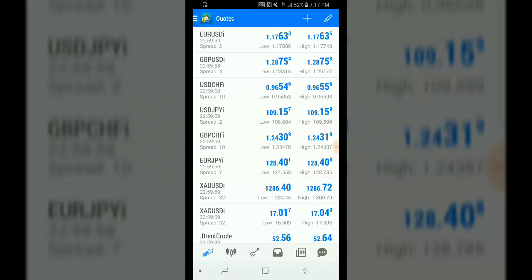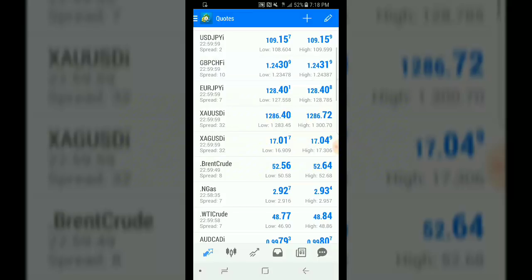We don't really want to trade anything that has a spread, which is the difference between the bid and the ask, of more than 10. That means that we would have to overcome a 10-point spread to get into profit. So I like the 2 or the 4 or the 6, definitely not a 30 or more, but the 30